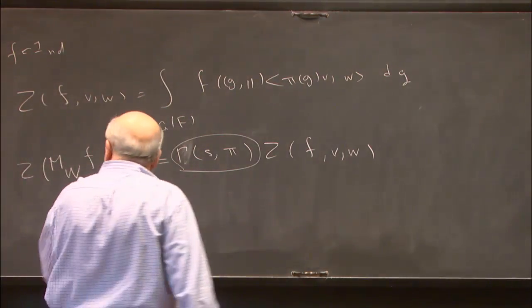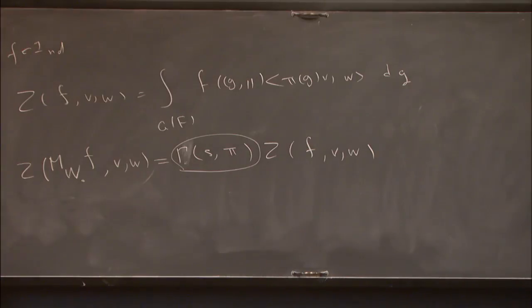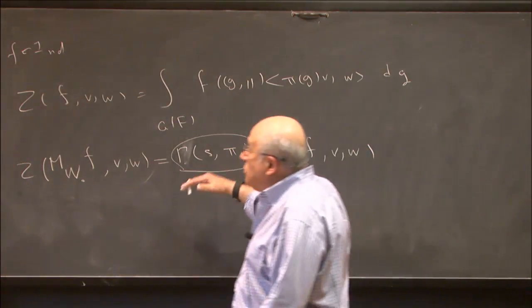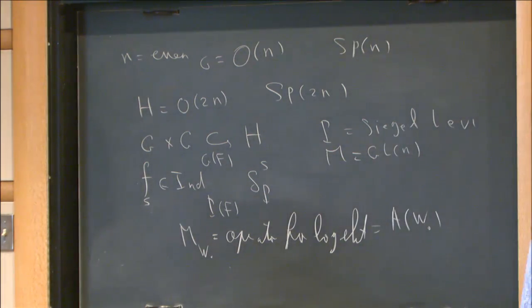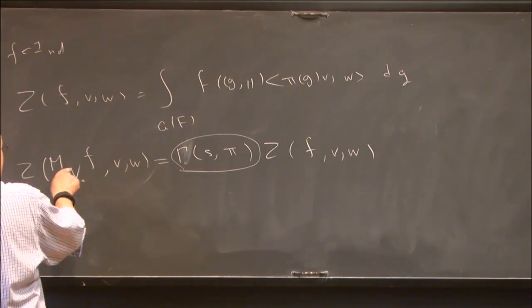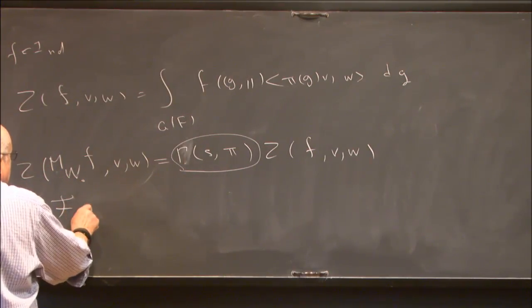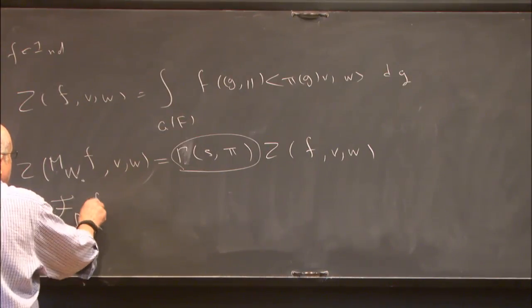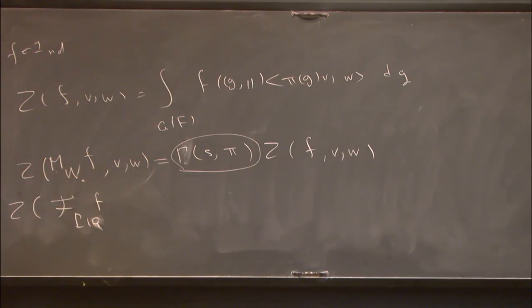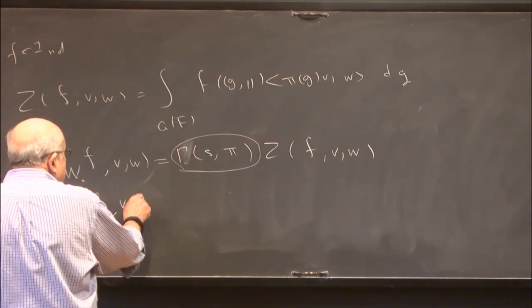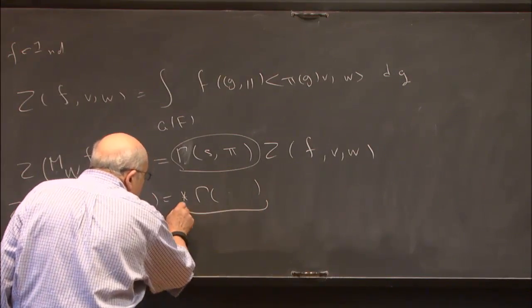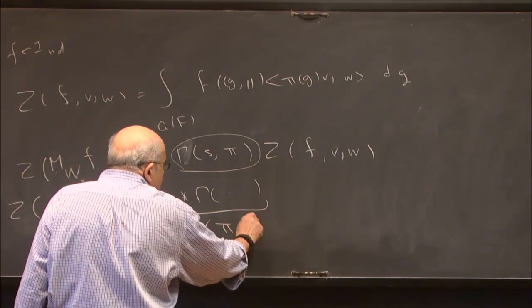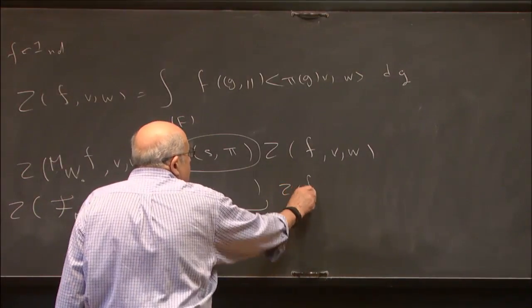This is supposed to give you gamma functions for standard L-functions, but it is not. It will be that if you multiply by this. So the same normalizing factor that makes this the right gamma function is the one that gives you the Fourier transform. So that's the point, and then you multiply. So when you multiply, this would be that factor of PQ that Braverman-Kazhdan introduced to you. And when you put that factor here times gamma, this becomes the gamma function for the pi standard representation, Z of f, v, w.